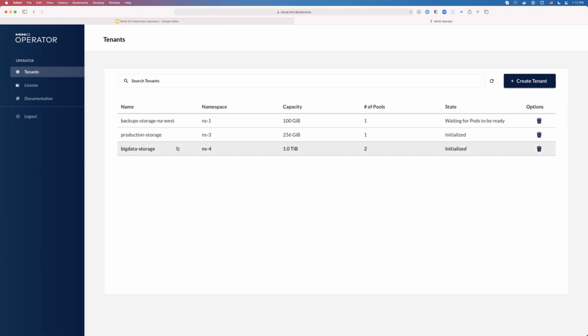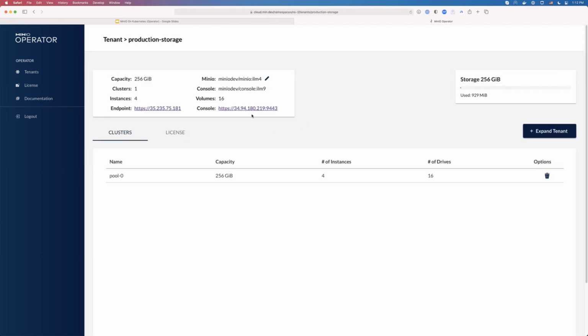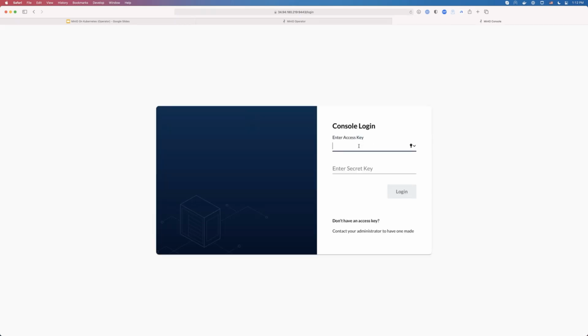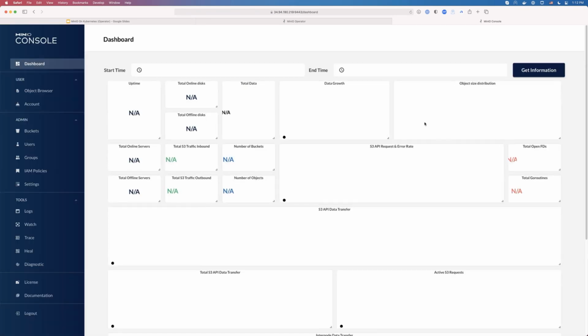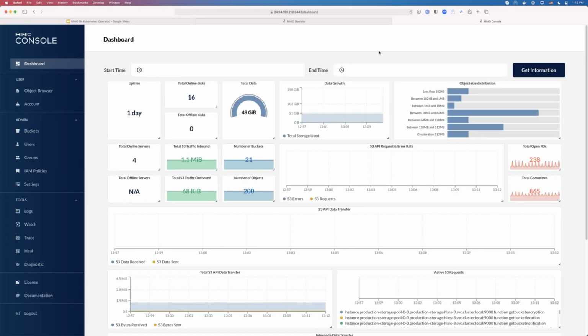So right now, what I'm going to show you is actually how to manage one of these tenants. I'm going to go into my production storage tenant, and I'll go into the management console for this one tenant. This one is not protected by an identity provider, so I'll use one of the users that I have on this system. And right off the bat, after logging in, I'm greeted by a bunch of monitoring metrics,